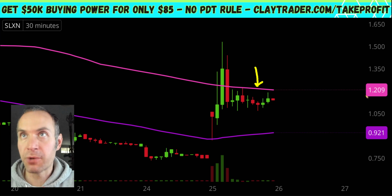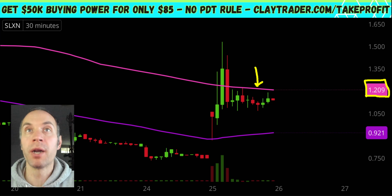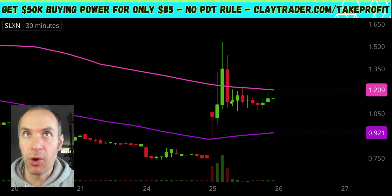200 period moving average right now valued at $1.21. So you can see right now price dropped below it, and then it's just been stuck. So right there, got very close. Right there, just flat out rejected. Right there, very close. So no guarantees, but if the price can come up there and push up through that